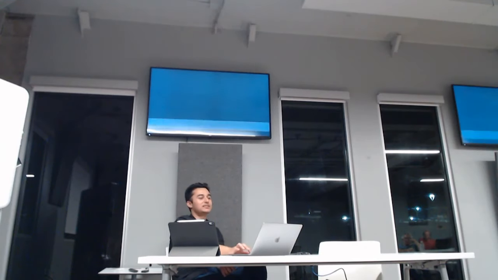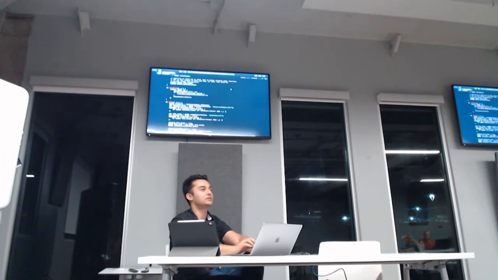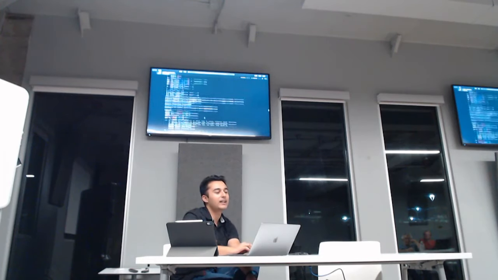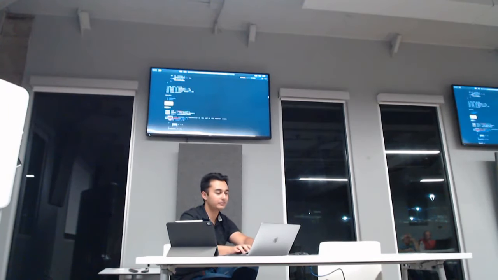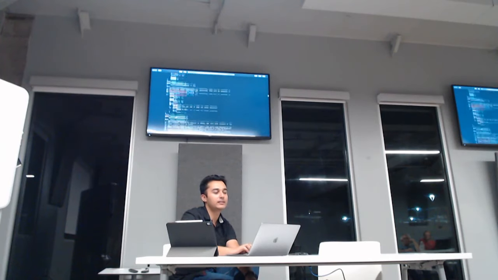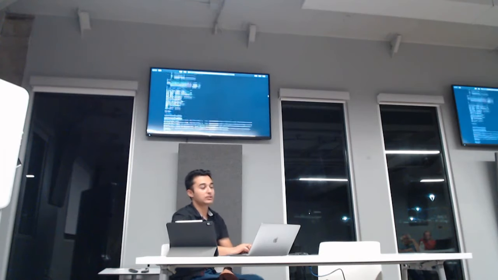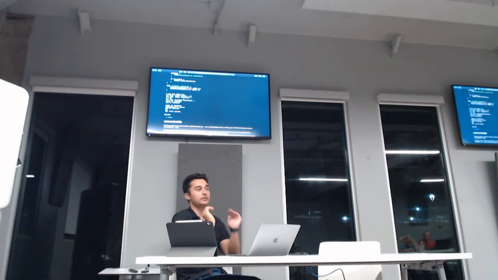Zig also has the defer and errdefer keywords. That's how you do memory management if you're used to something like Go. So the way defer works is that right before it returns, it executes the statements in reverse order. So suppose you are allocating memory, you would alloc and then write defer free right away, right? That won't get executed until you reach the end of it.